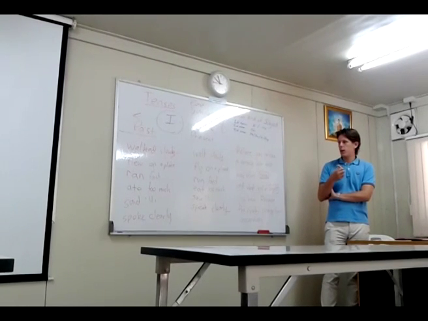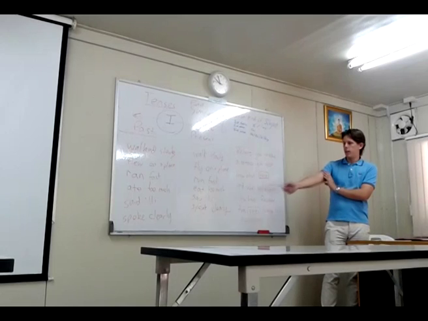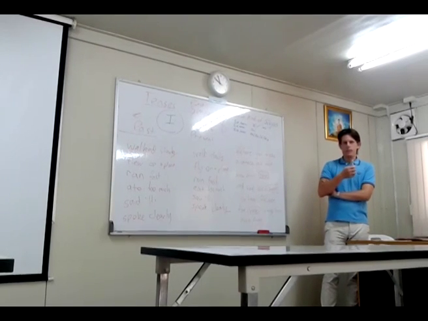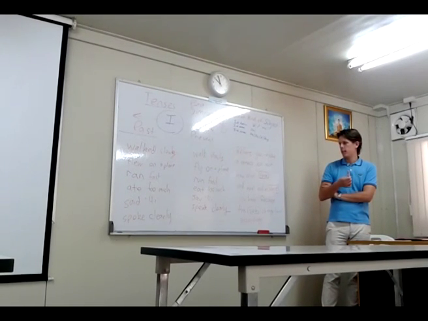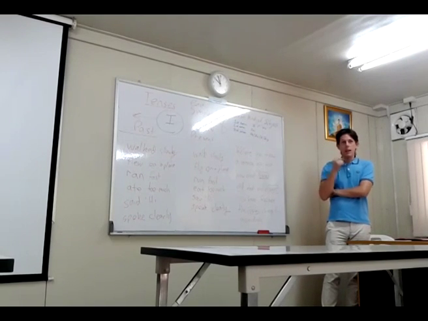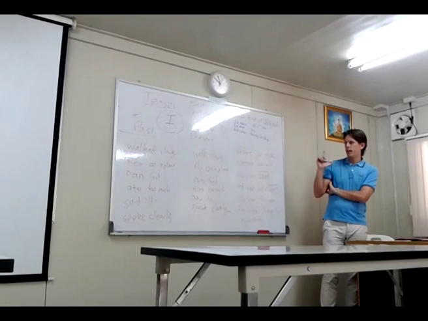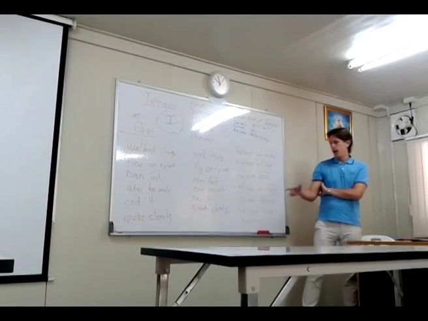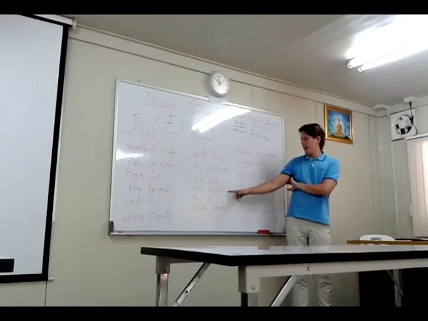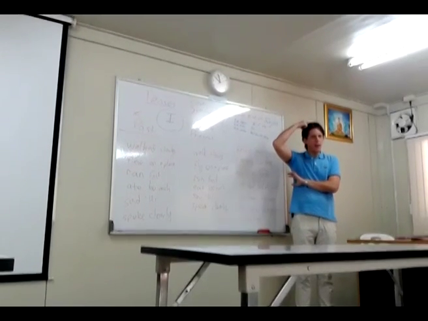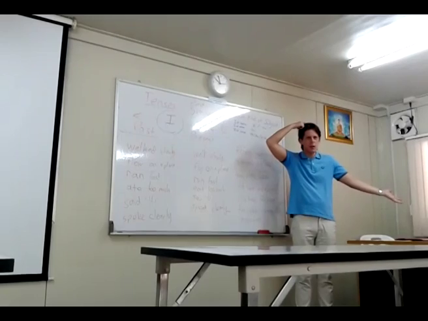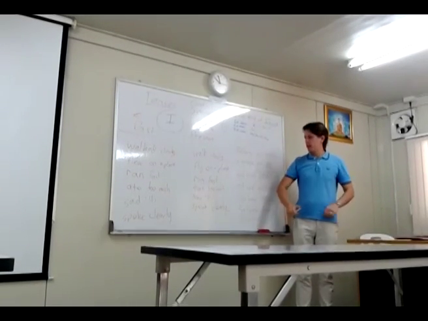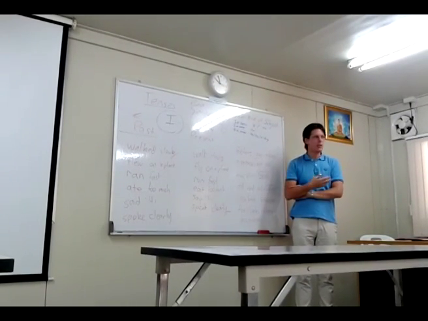So 2 weeks ago, I said hi. And I ate too much, and I ran fast, and I flew on a plane, and I walked slowly, and I spoke clearly. Because it can get confusing if you forget the tense. If you say 1 year ago, I speak clearly, I say hi, I eat too much, then people are like, huh? Do you mean 1 year ago or now? Because we have to use tenses to say when it happened.